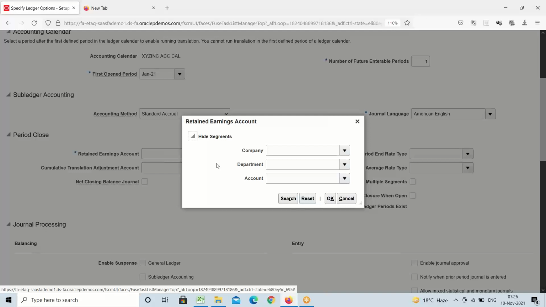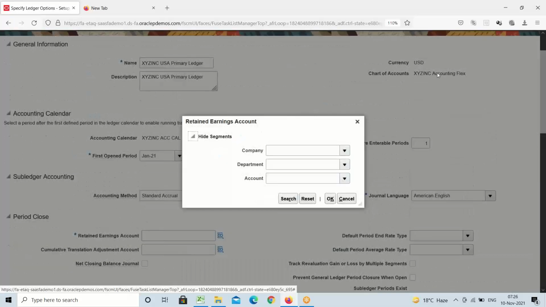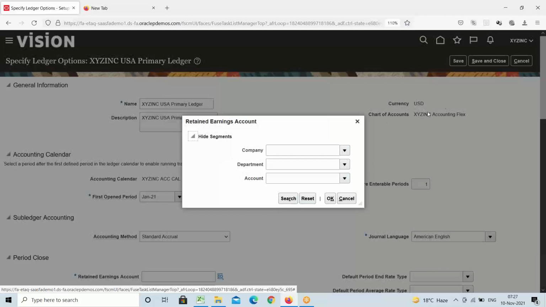Because of COA instance? Yeah, COA instance, the same point where I'm trying to get this point. The same chart of accounts we used in this primary ledger. That is the reason these segments are coming in this primary ledger. Okay. So the chart of accounts structure instance we included within this primary ledger. We selected the chart of accounts structure instance into this primary ledger. When we are using this primary ledger, whatever the segments are available in this chart of accounts structure instance, the